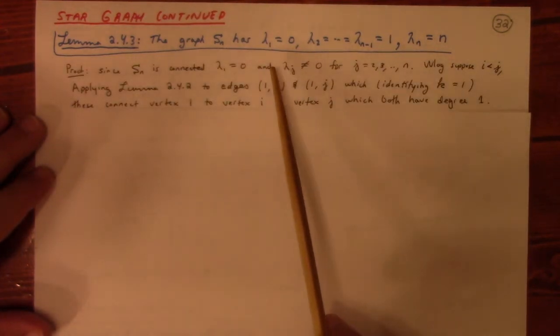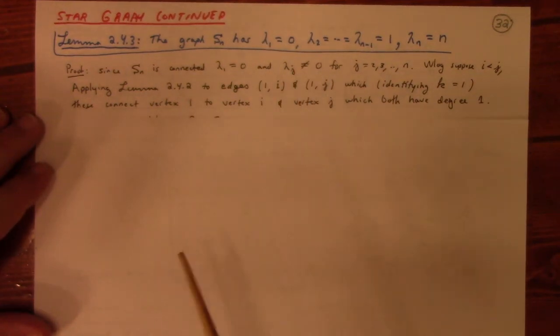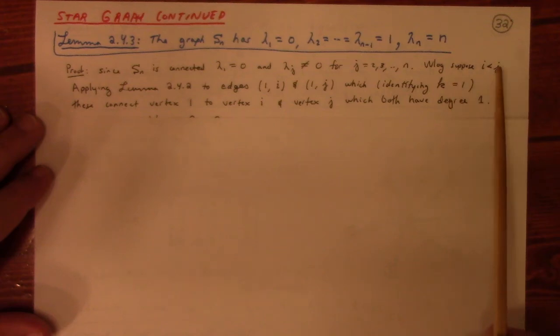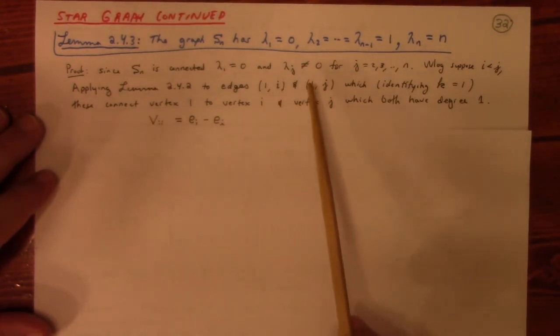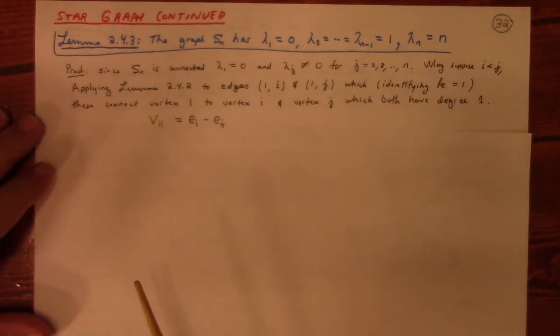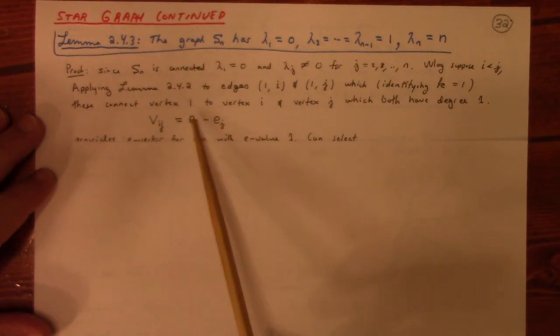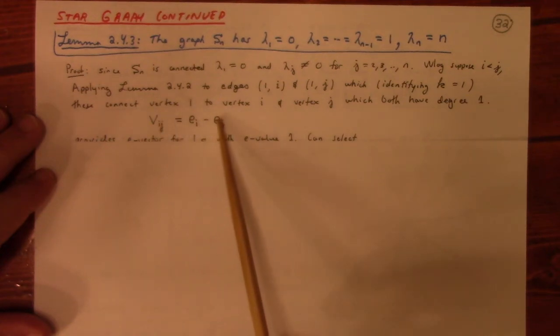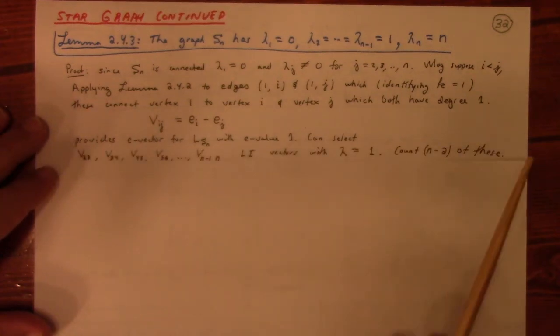So again, since it's connected, we know lambda 1 equals 0. And without loss of generality, I'll suppose i is less than j. Notice that we can connect 1 to i and 1 to j, so we can apply that lemma. That will allow us to construct a vector like v_ij equal to e_i minus e_j, just for the sake of discussion. And we can do that for a lot of choices, but